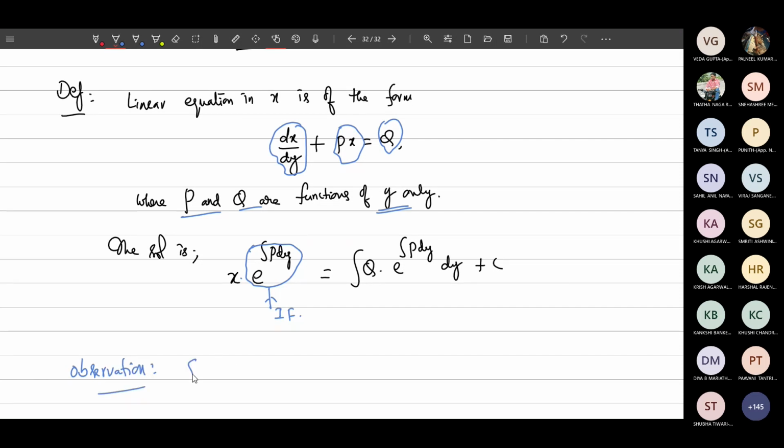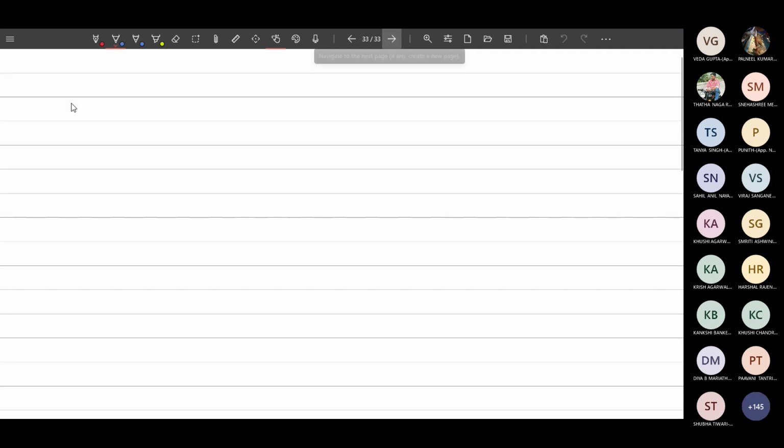Suppose the differential equation is of the form M(x,y) dx plus N(x,y) dy equal to 0, then the linearity in y or linearity in x can be described as follows. So this is the general first order first degree equation, M dx plus N dy equal to 0. Suppose it is linear in y, how to get it? How to understand this equation is linear in y?